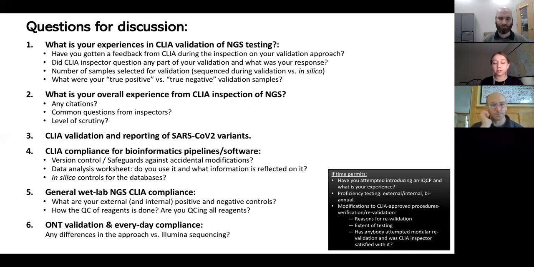Okay, that makes sense. Just a follow-up question. If you don't have the control that goes through the bioinformatic analysis pipeline, how do you justify to CLIA the requirement that the control has to pass through all the analytical process? How do you address that point? So we addressed it in our validation, where we took the same sample and ran it 10, 20 times through and showed that the results were the same. And as long as I don't modify anything, I'm going to assume it's locked and it's not going to change. It's not like a pipette where if you hold it a different way, you've now introduced 10% variability, which might affect your LOD.